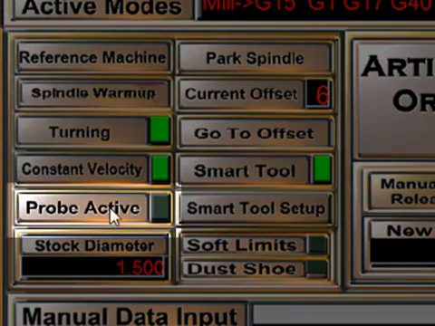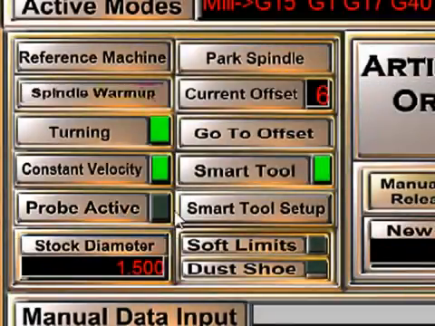This button here is not a button at all. It's simply an indicator. When your tool touches the Smart Tool pad, it will light up this LED indicating that you've completed the circuit. So you can use this as a test. Plug in your mobile pad, touch the tool, and this light will light up. If it doesn't, you know there's a problem with the Smart Tool, and we'll need to do some troubleshooting and some evaluation to see what's going on there.